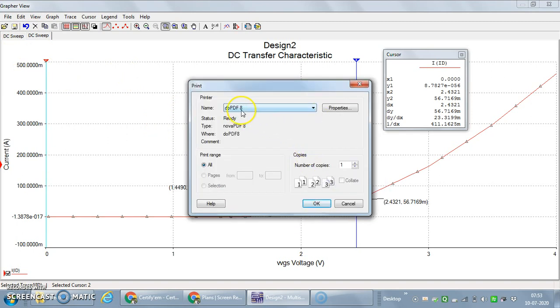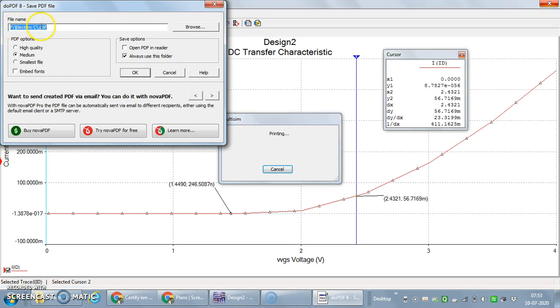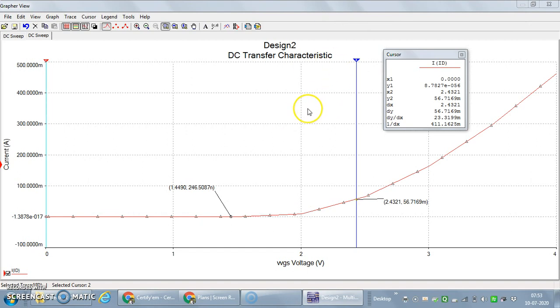It will perform the PDF option. The path is to be selected. So in the F drive, electronic circuits, it will be saved with the label, let us call it graph 1. So the particular graph is saved in the form of a PDF. You can use it for your later reference, to see how the graph was. So this indicates the DC transfer characteristics of the enhancement type N channel MOSFET. Okay, fine. Okay, thank you.